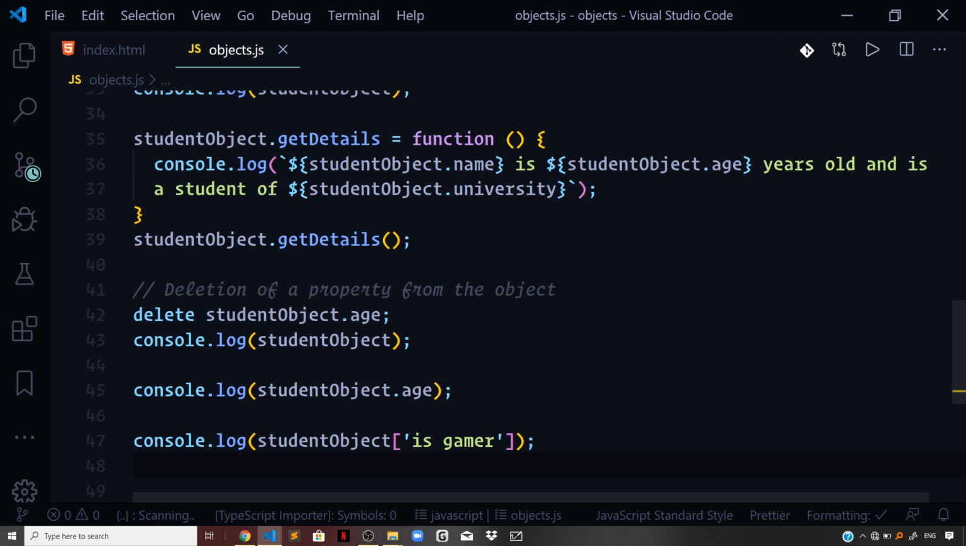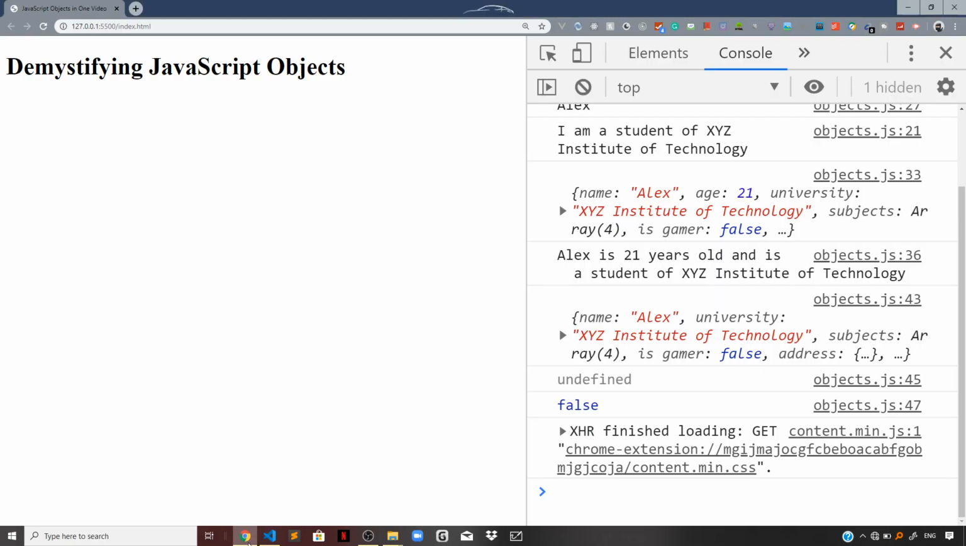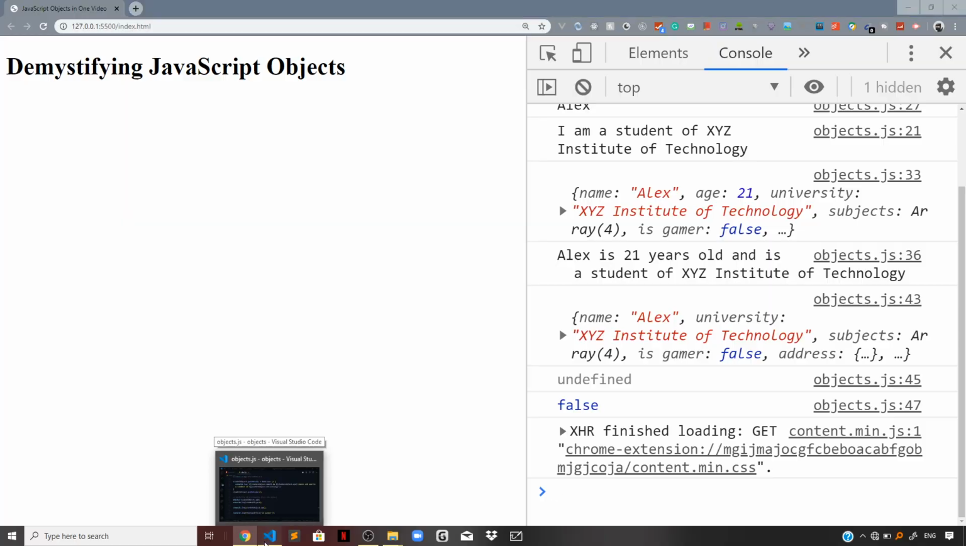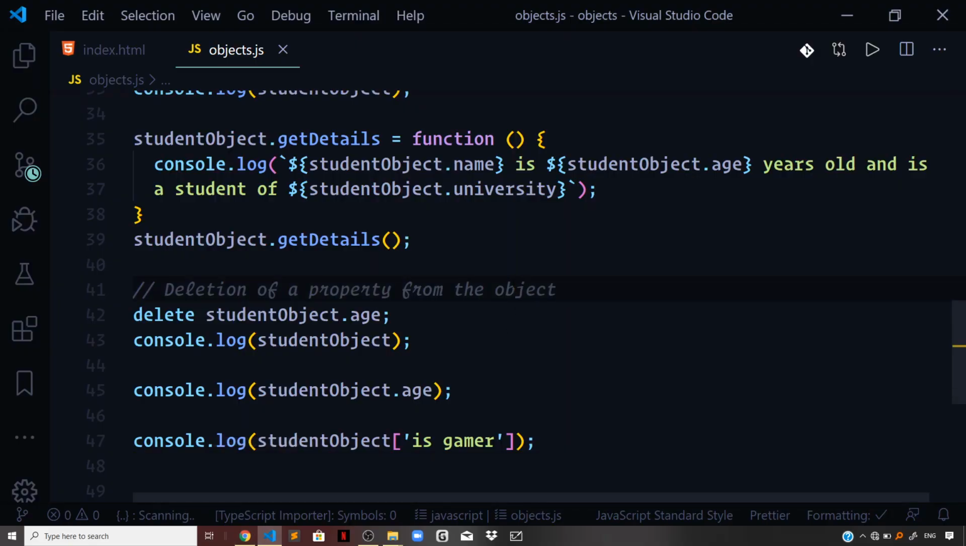Had I accessed that using dot notation, it would not have worked. Okay, so go back to my browser to see the output, and we are getting false because the student Alex is not a gamer. So this is how we can access a property that is defined on the object using dot notation. The square brace notation is an alternative way of accessing properties sitting on the object, and it will